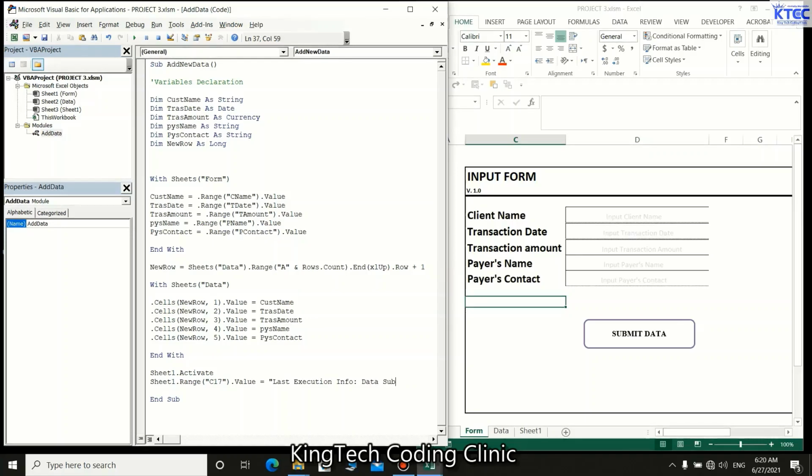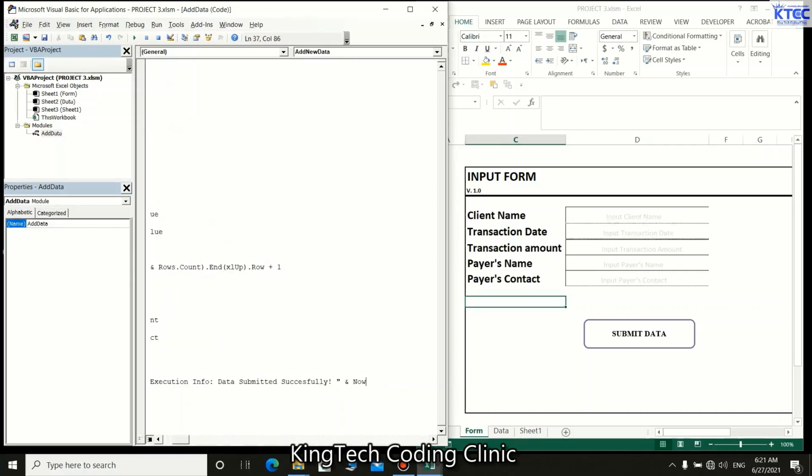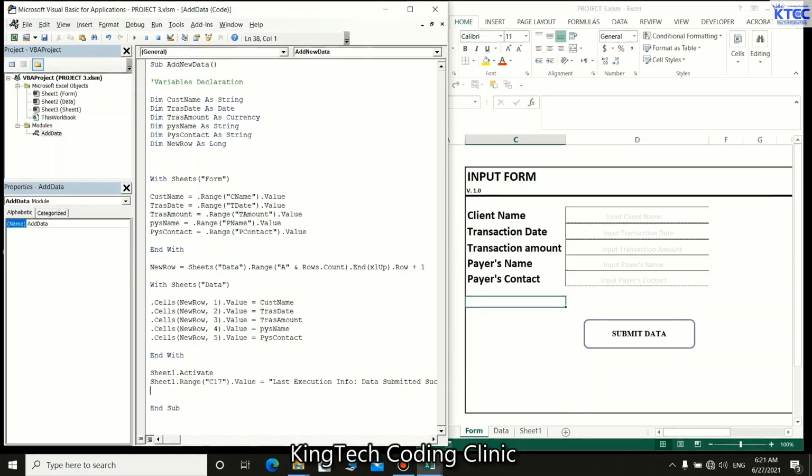Data success message, submitted successfully. Okay, exclamation sign here. Then I'm going to concatenate it to what? The Now function. So we say then this will return the current date and time. Perfect. Now when we are done with that, now the last thing we need to do is we need to